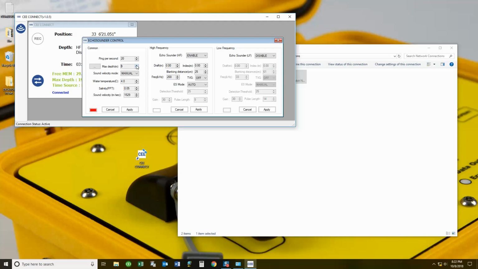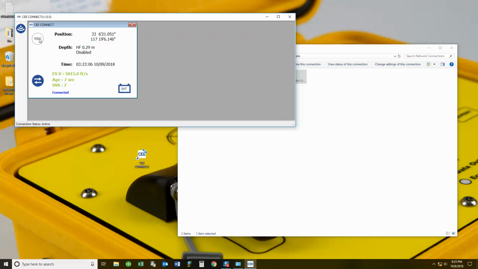You have to make sure your maximum depth is deeper than the maximum depth you're expecting on your survey. So you can make the changes, hit apply, and those changes are sent to the echosounder. This is all quite straightforward here. You can change the operating mode of the echosounder, and you can put it in manual and change the transmit and receive characteristics. You can also turn recording on and off from the CConnect utility